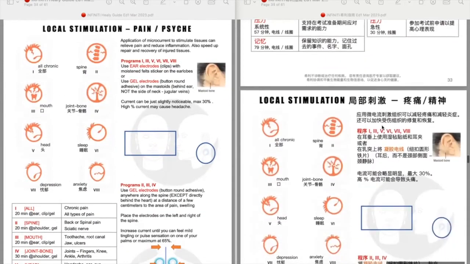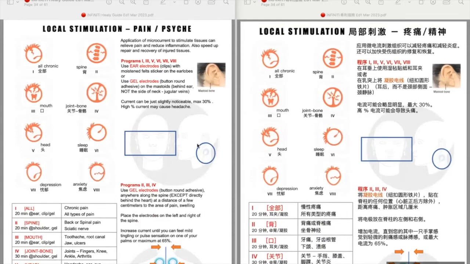Okay. Next one, local stimulation. This is for pain. Some versions, they call it psyche. So either pain or psyche. Tap on the icon and you will see where they want you to place electrodes, either the ear electrodes or